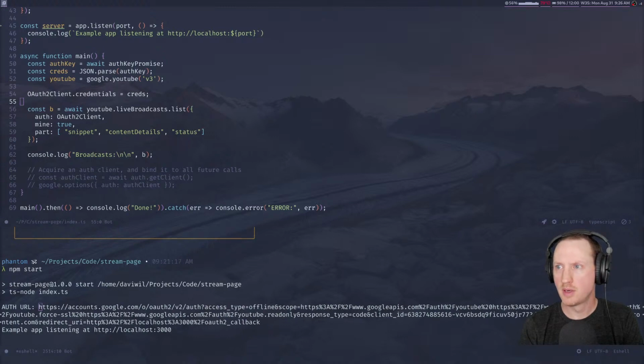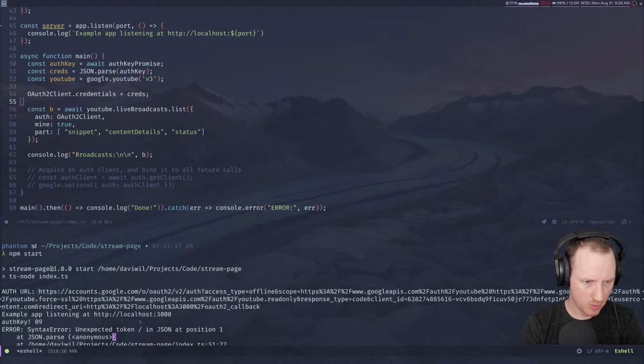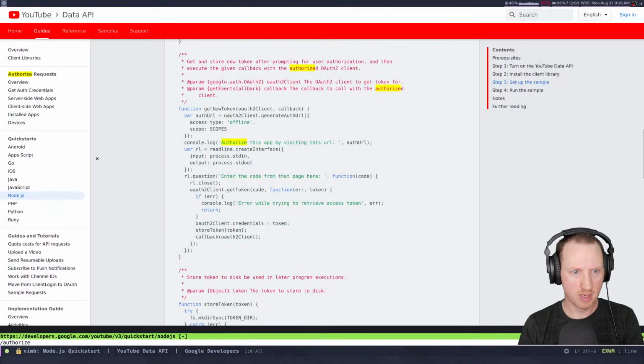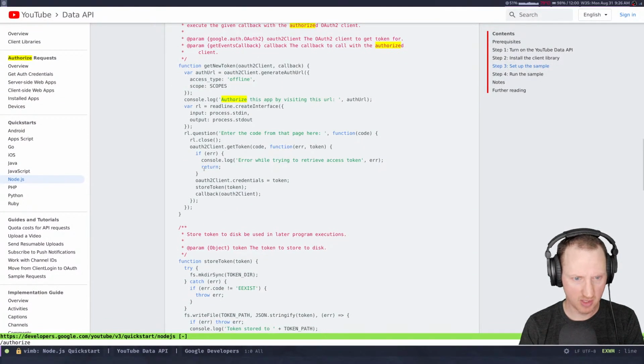Selecting my YouTube account, bypassing the verification screen, allowing credentials. Okay. Oh boy. Okay. So whatever we're retrieving is not JSON. It starts with a slash, or it has a slash, which makes me think it really is just a token. So I'm really unsure about why this is happening, but let's forge ahead and see if we can